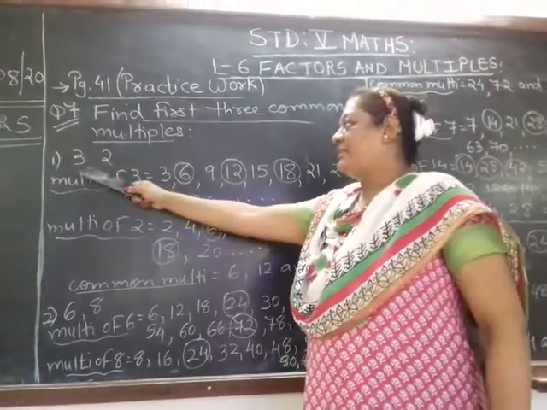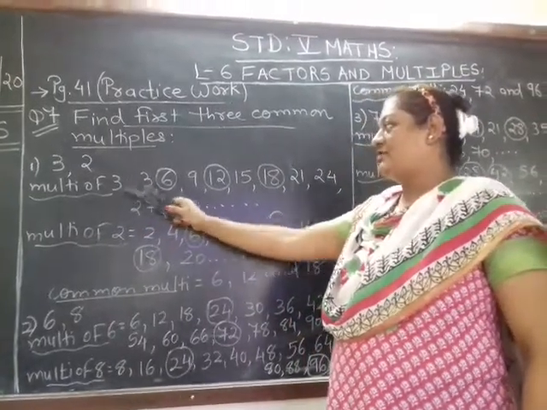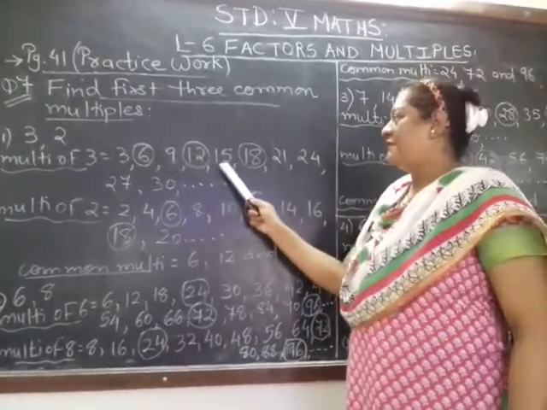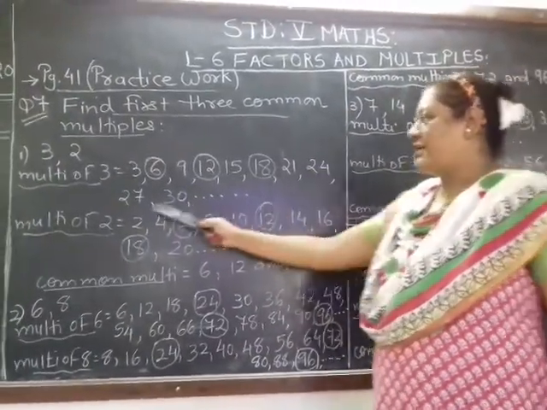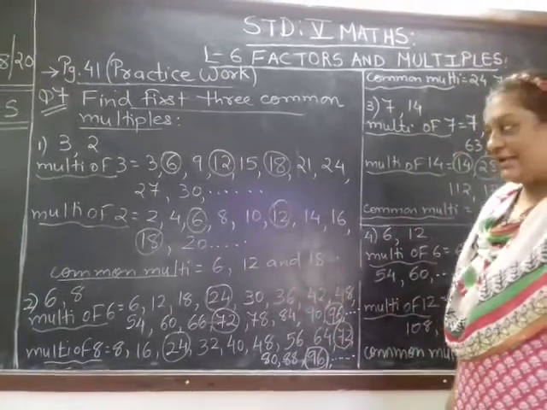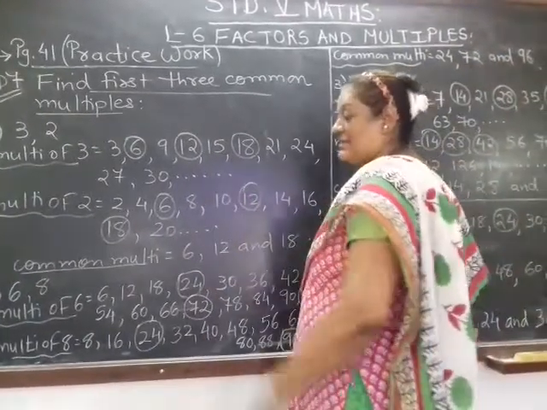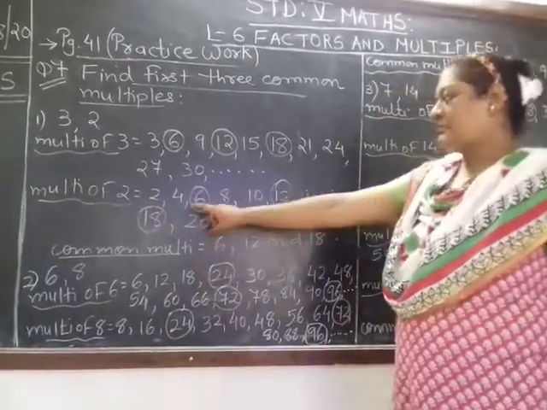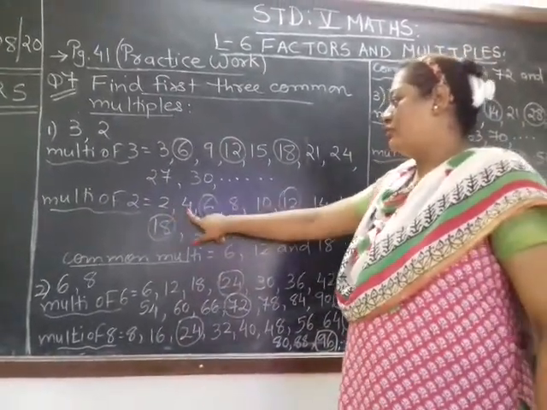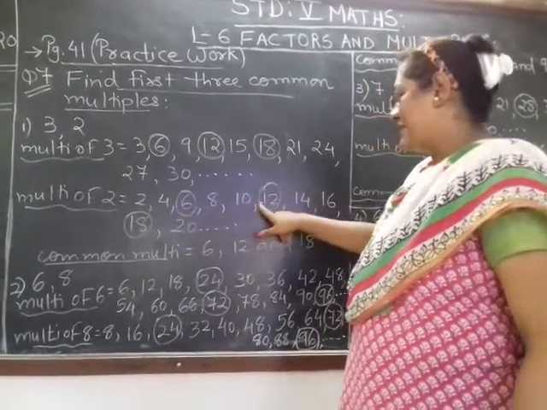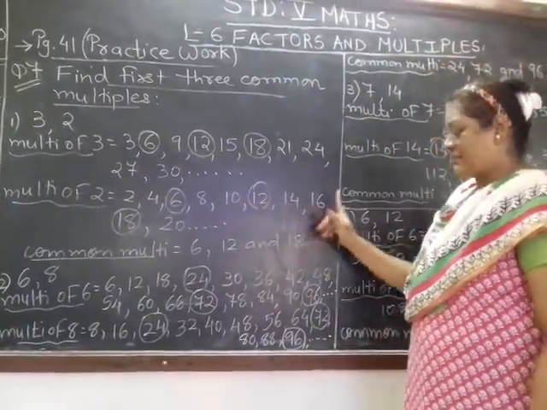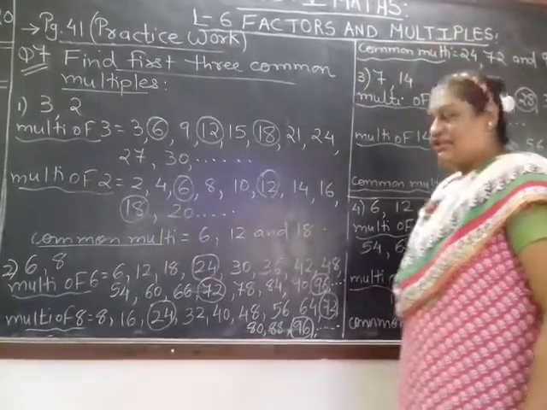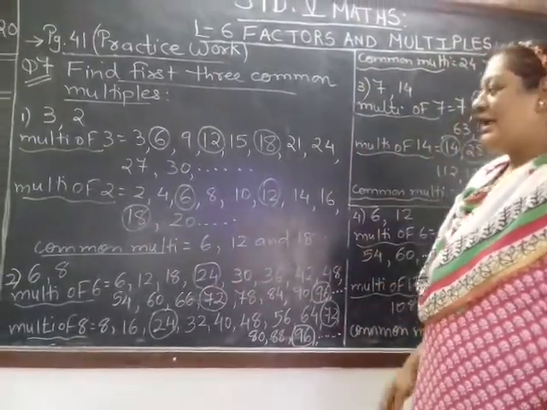Now here we have to find multiples of 3 and 2. So multiple of 3, so I have written the table of 3. 3 ones are 3, 2s are 6, 3s are 9, 4s are 12, 15, 18, 21, 24, 27, 30, and they are endless. That dot indicates they are endless, and you have to keep some dots like this compulsory. Multiples of 2. Table of 2, 2 ones are 2, 2 twos are 4, 2 3s are 6, 4s are 8, 5s are 10, 6s are 12, 7s are 14, 8s are 16, 9s are 18, 2 10s are 20, and again the dots to show the endless numbers.